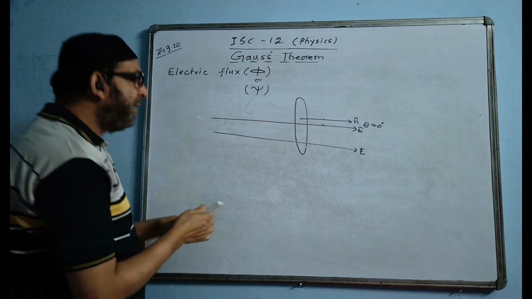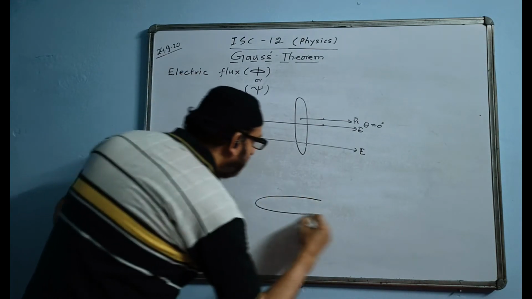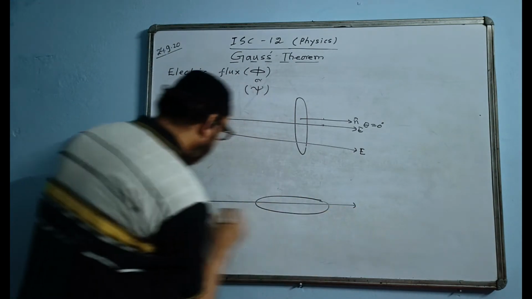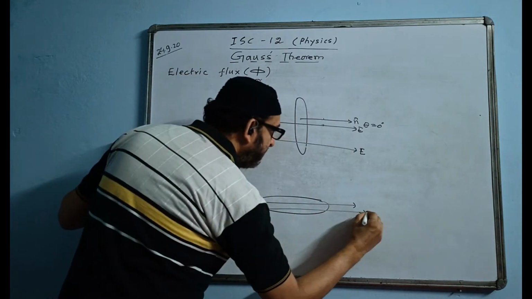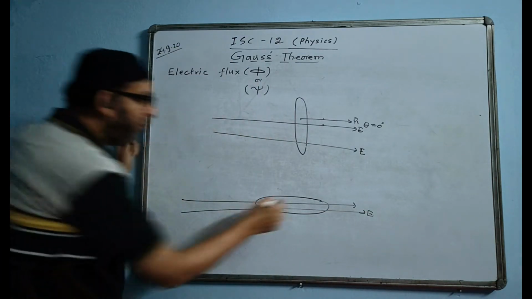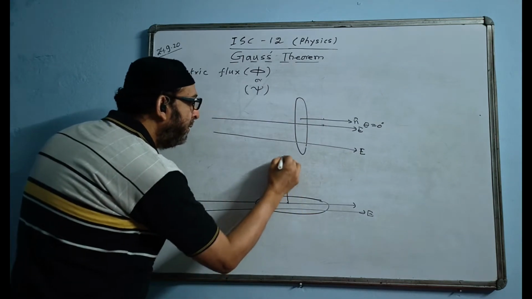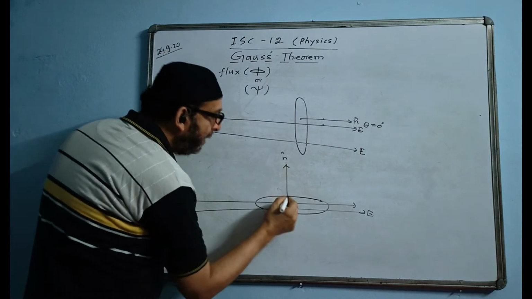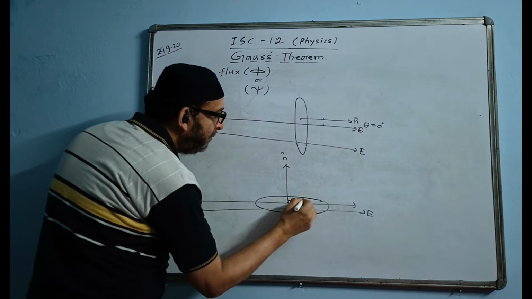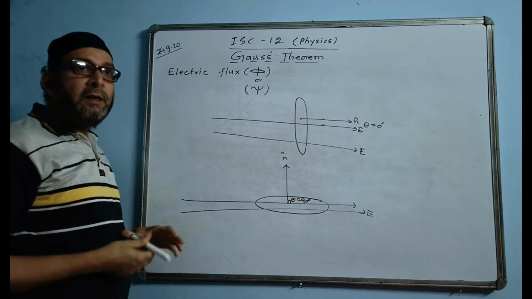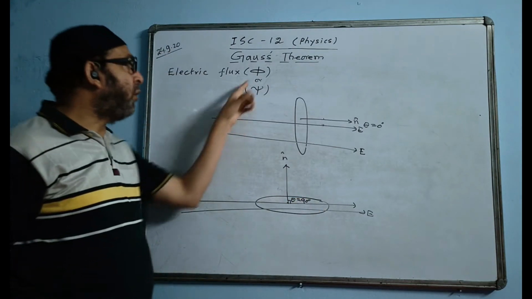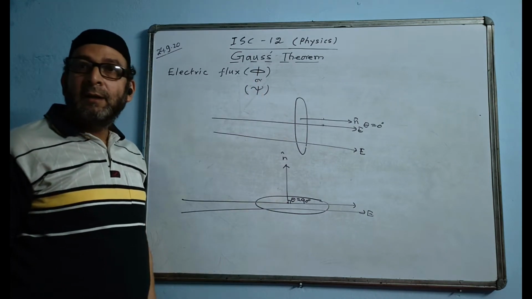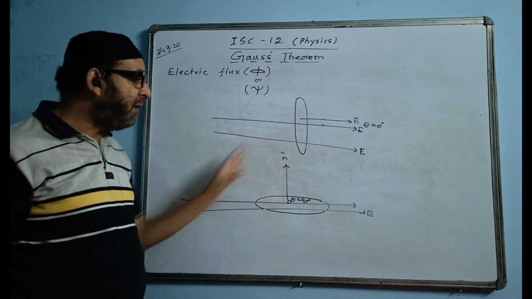But on the other hand, if I take the surface like a horizontal circle, and the electric field lines are going this way, this is E. Where is the normal? The normal will be coming like this, this is the normal vector, that is the area vector. How much is the angle between E and N? The angle between them is 90 degree. This time the value of theta is 90 degree, so in the formula EA cos theta, cos 90 degree is 0. The entire thing becomes 0.